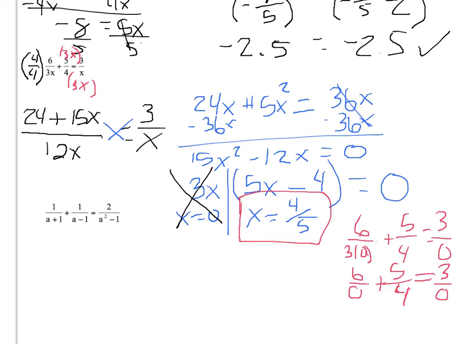Now for my last problem. I can see on the left-hand side I need to find a common denominator because I need one fraction. The common denominator between a plus 1 and a minus 1 is a plus 1 times a minus 1. So the first one needs an a minus 1. And the second one needs an a plus 1. A minus 1 times 1 is a minus 1. 1 times a plus 1 is a plus 1 over my new denominator